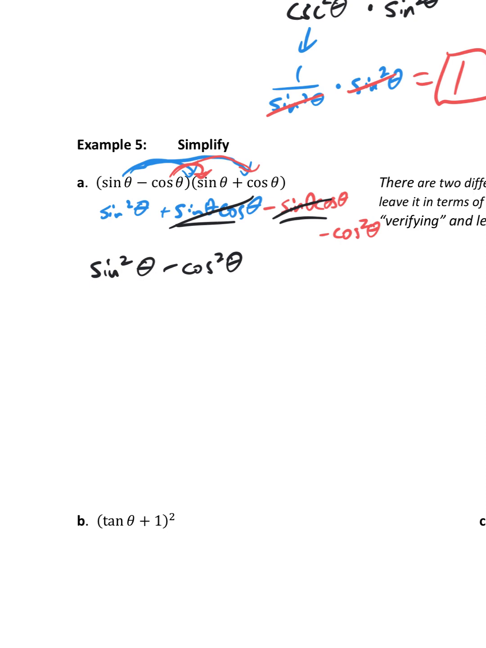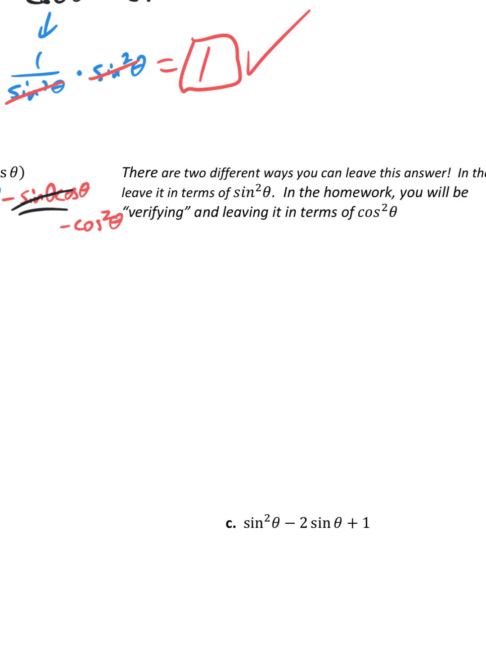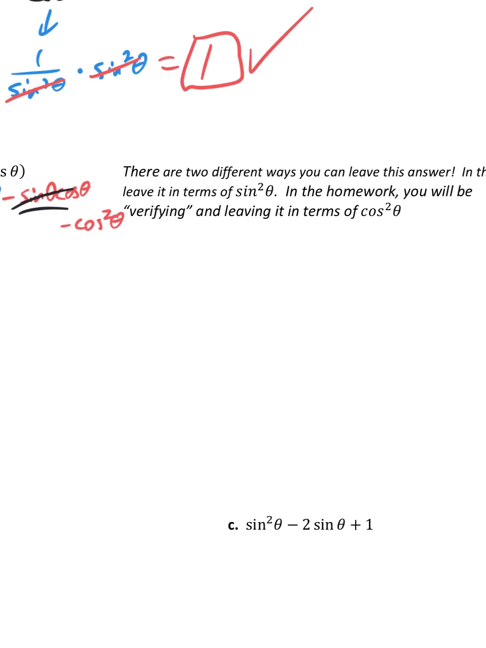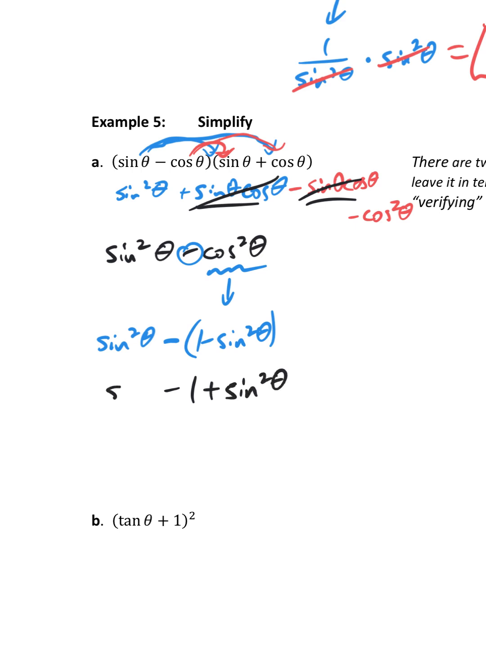And they mentioned in the note off to the side here that there are actually two ways you can leave this answer. In this case, I'm going to leave it in terms of sine squared, but you could also do it the opposite way in terms of cosine squared. So what I'm going to do is replace this one because I want to make them at least the same type of function. So let's turn this into 1 minus sine squared theta. And don't forget this negative. This negative is very important. So let's distribute our negative sign. It will apply to this whole parentheses. Negative 1 plus sine squared theta, with that sine squared theta in front,